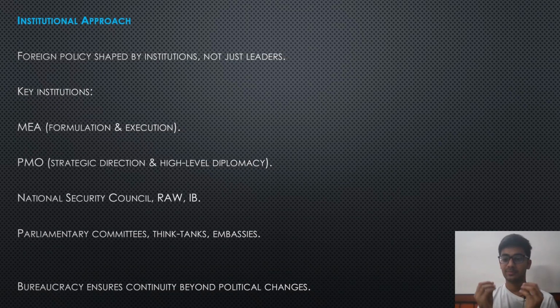A new prime minister does bring something new with them. But in general, if you see, the Indian policy has continuity to it. It doesn't change very randomly. So India's foreign policy is very stable and it evolves over time. Changes happen slowly, which is in many ways positive. Positive in the sense that countries can trust India. They know that one election will not change everything. They know that in 5 years everything won't change. If India has a certain policy, it will follow this policy for a long time. And that is institutional approaches.